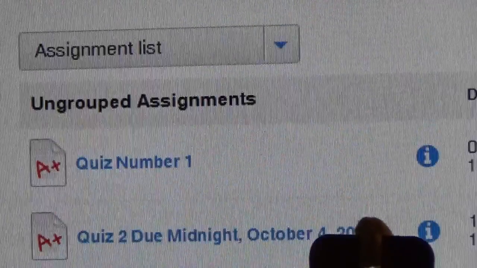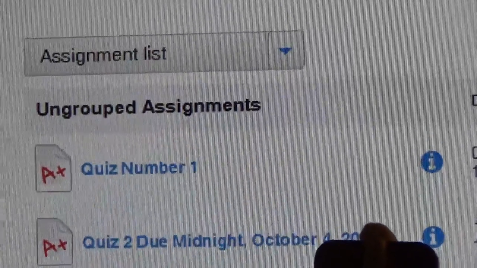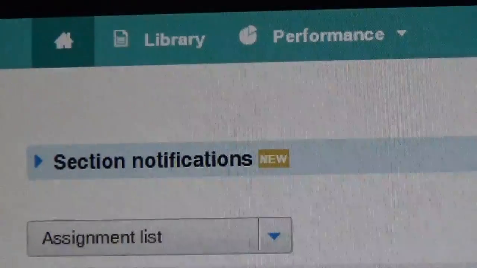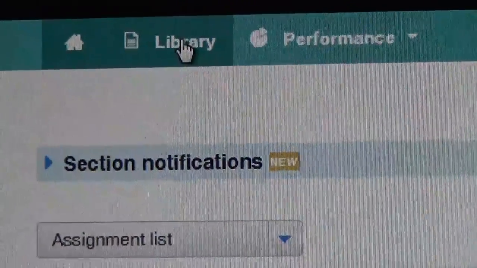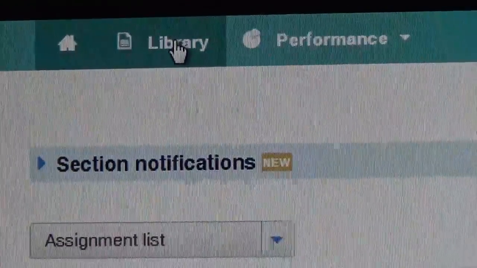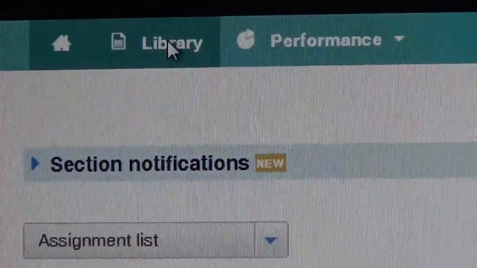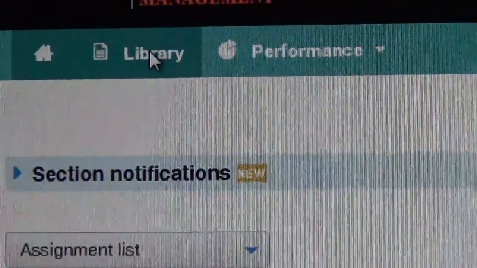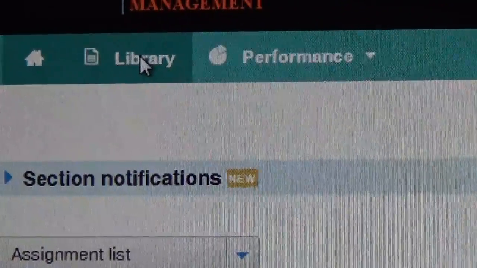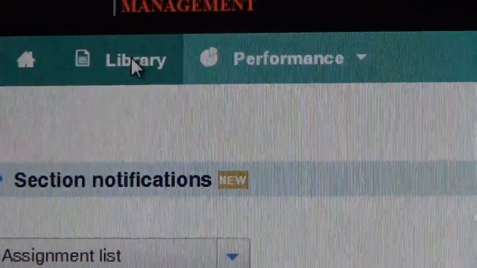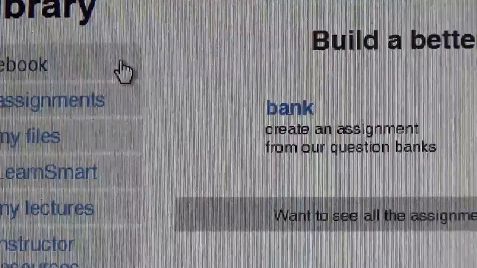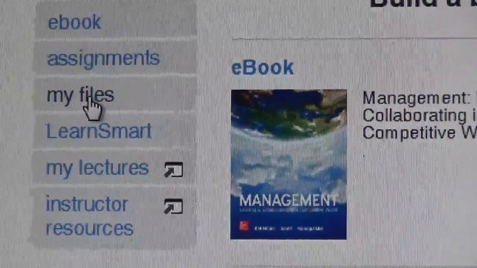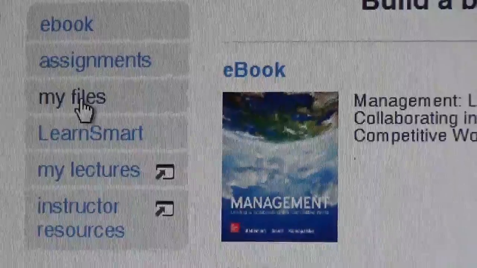Okay, now, also, okay, if we look at the top, you'll notice there's a thing here. See this thing that says library right here? If you hit that, light it up, okay, and give your machine a second. Your machines are probably, hopefully, faster than mine. One second. There you go. You'll see that you have a whole bunch of choices. See the one that says My Files here? Right? If you hit that, like that,